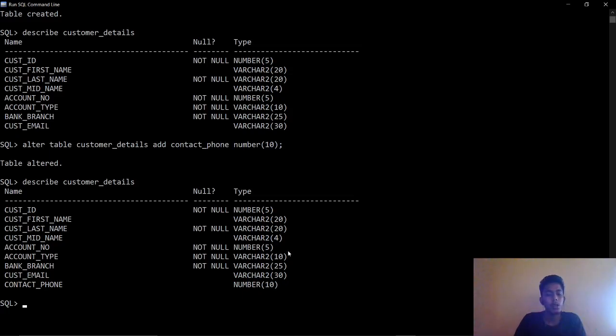So now I have mentioned that the contact phone number length is 10. Now we can alter the table, that is, we are going to modify it. We are going to alter the table, because the customer phone is an attribute of the table customer details. So we need to change the attribute. We need to alter the table. So for that